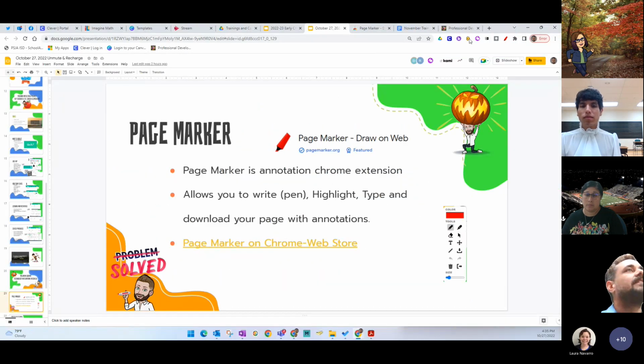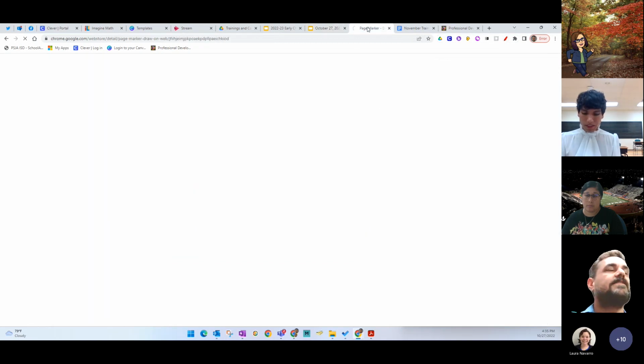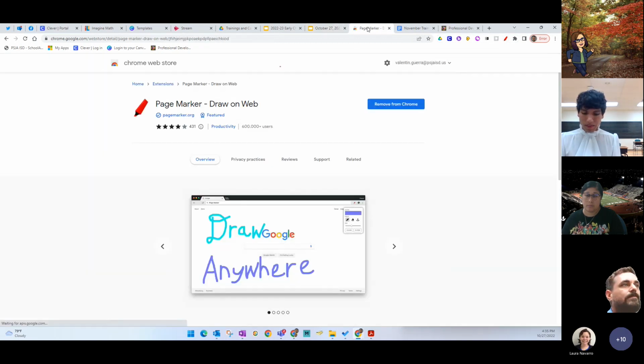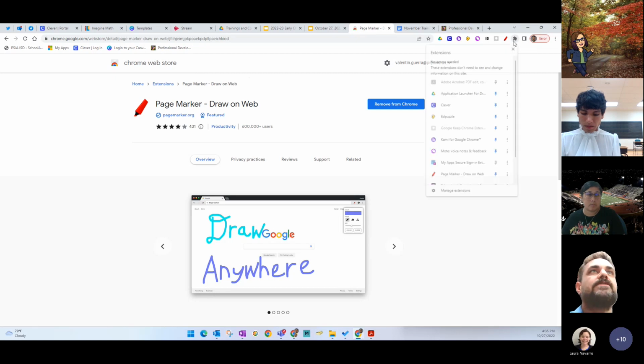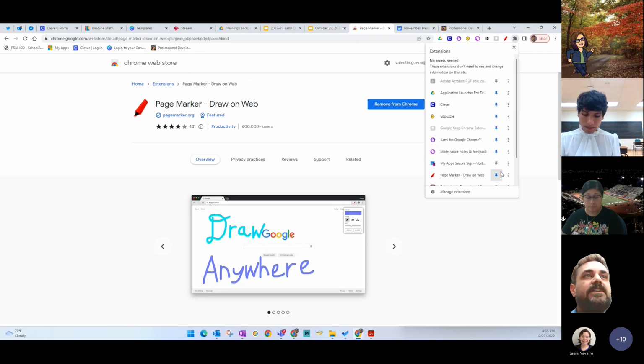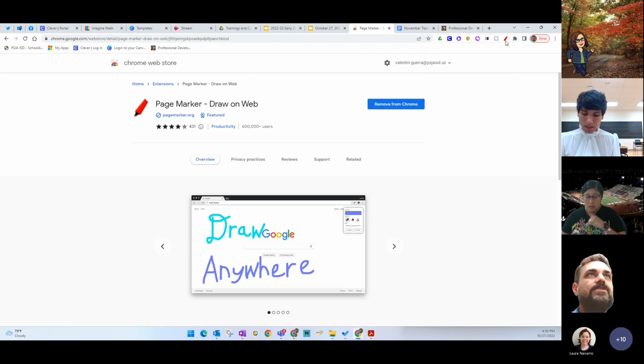So let me just show real quick. In here on the toolbars, I have it right here, Page Marker. This is where you go into the Chrome Web Store. So that link will automatically take you there. So you can just do a Google search for Page Marker Chrome extension, and you will add it to Chrome. And then it will go here. You will have to go to the puzzle and make sure that you pin it so you see it. Once you put it in here,